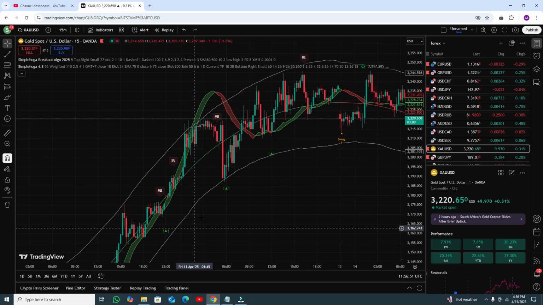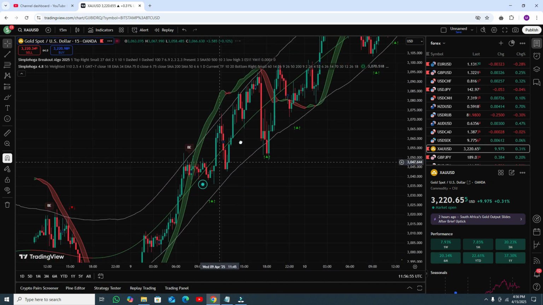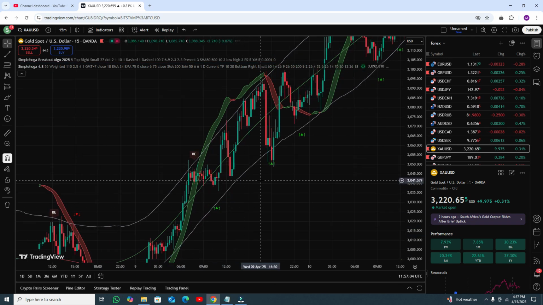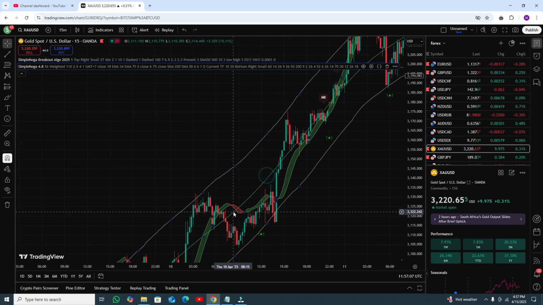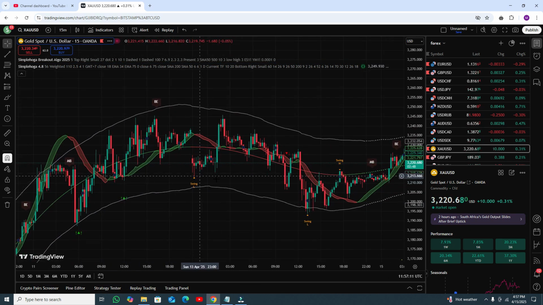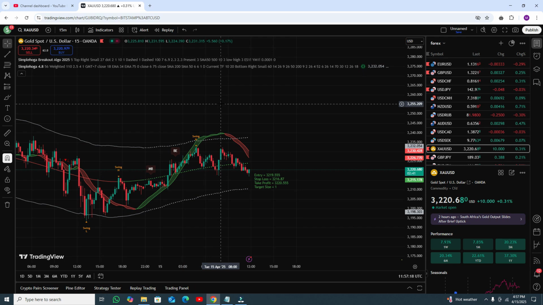You got some amazing profit. In the previous one, you got a breakout sell signal, so you need to book your profit. At that point you need to open your buy trade, and buy trades only, and you can see the market going upside, upside, upside, and you got some good profit here. At the end you got a sell trade, so book your profit. That is a very small profit, but you can see you are getting a lot of profit.